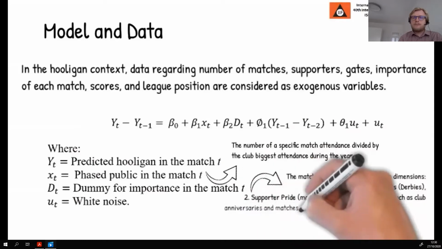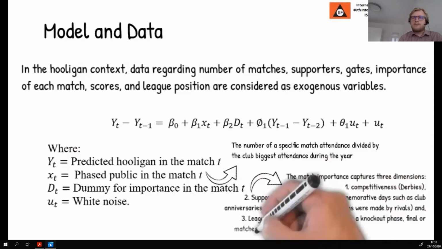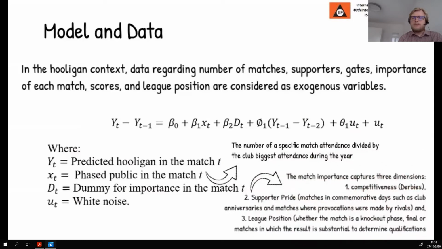The first is competitiveness or derbies, which are the matches with clubs located in the same city. Second, supporter pride, which covers matches disputed on commemorative days such as anniversaries, or matches where previous provocations were made by the supporters or by the athletes. And the third dimension is the league position, which is whether the match is in a knockout phase, a final or semi-final. We believe that this specific category would impact significantly the number of occurrences if the club wins